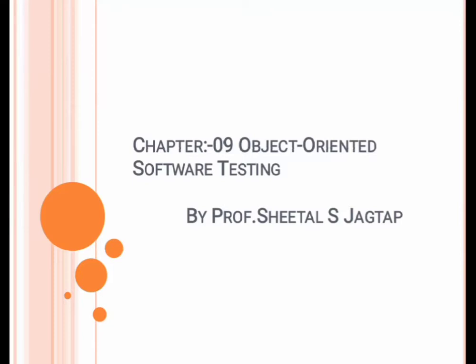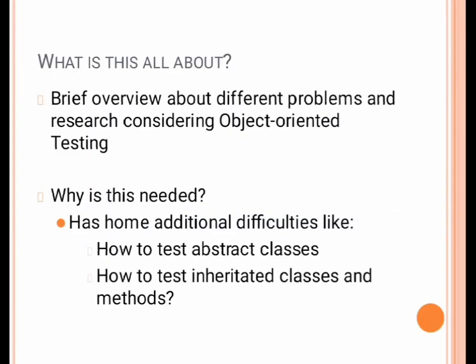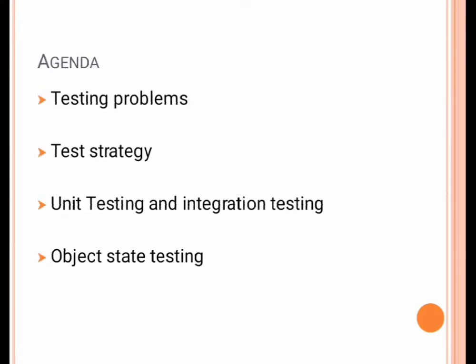Today we will discuss object-oriented software testing, in which first of all we should know a brief overview of the different problems and research concerning object-oriented testing. Why do we need testing? Because of additional difficulties like how to test abstract classes, and how to test inherited classes and methods. So today we will discuss some points like testing problems, test strategy, unit testing and integration testing, and object state